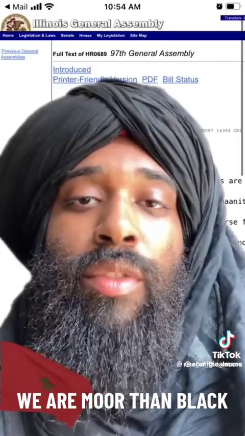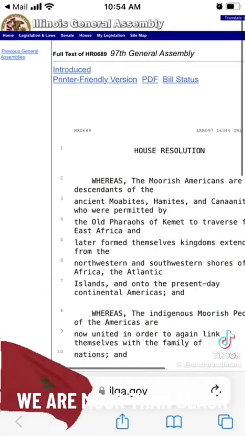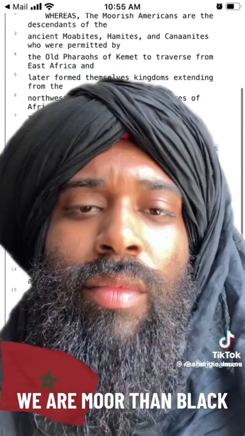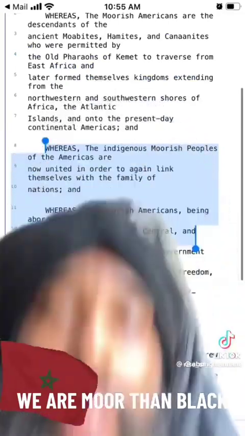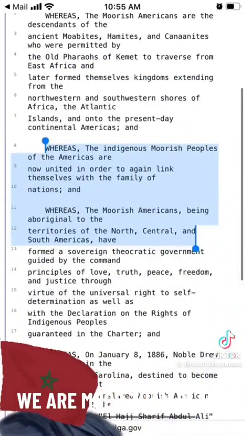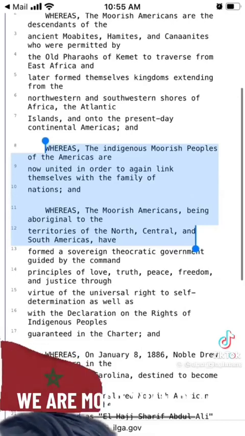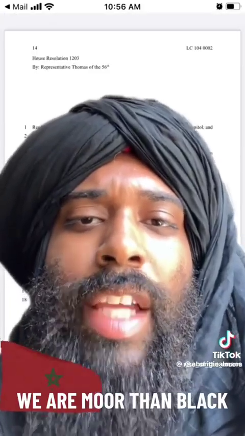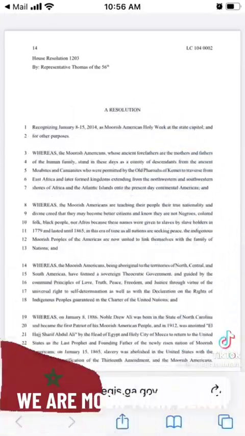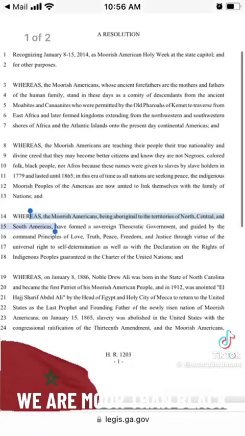Another reference point is from the state of Illinois, House Resolution 0689, whereas the government of Illinois admits that Moorish people are indigenous to the Americas and Moorish peoples are aboriginal to the Americas, both North, South, and Central America. The state of Georgia admitted the same thing in their House Resolution 1203. And as you see, the link down below is Georgia's official government website. It says legis.ga.gov, and they said, whereas the Moorish Americans are aboriginal to the territories of North, Central, and South